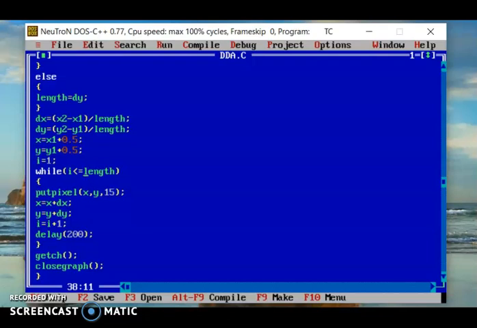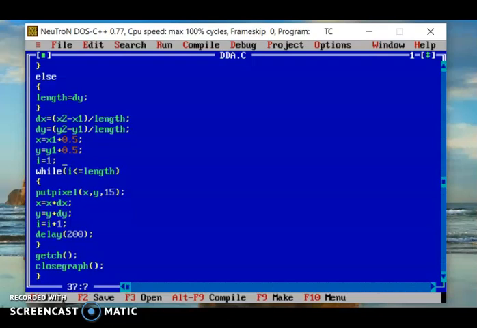What are we doing next? We are using a while loop to find the next coordinate, the next point of a particular line. The syntax is while i less than or equal to length. Before this we have got the value of length, and it will compare the value of length with variable i.